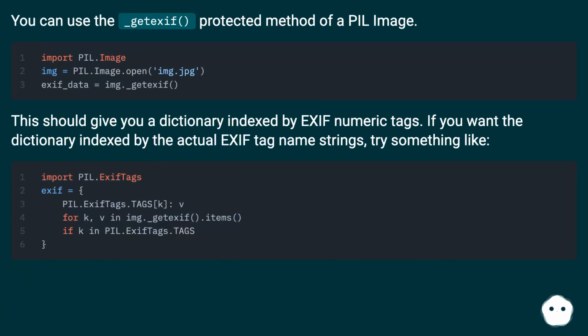You can use the _getexif protected method of a PIL image. This should give you a dictionary indexed by Exif numeric tags. If you want the dictionary indexed by the actual Exif tag name strings, try something like